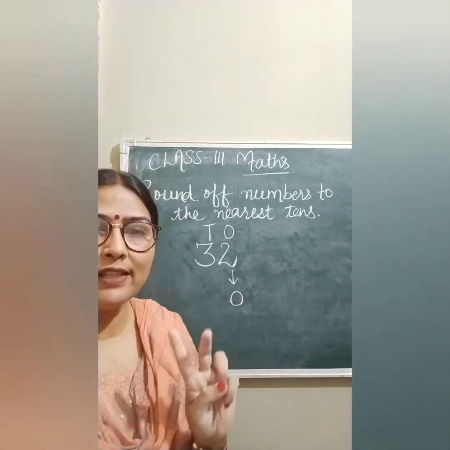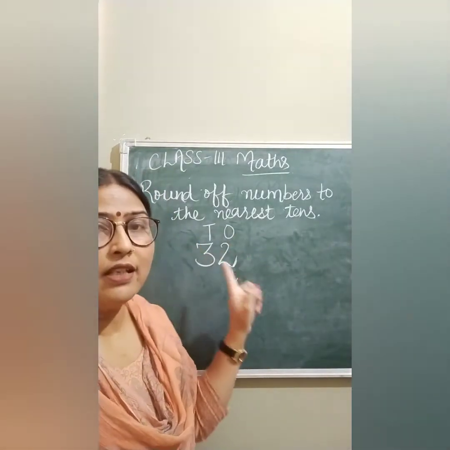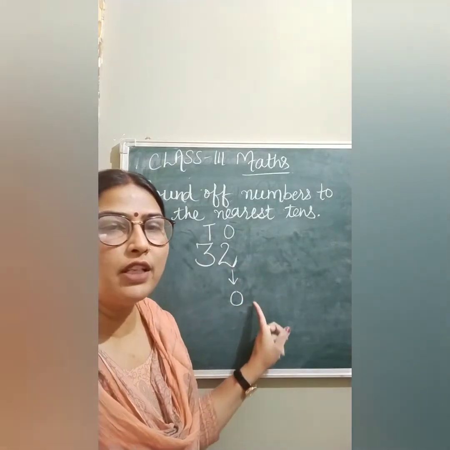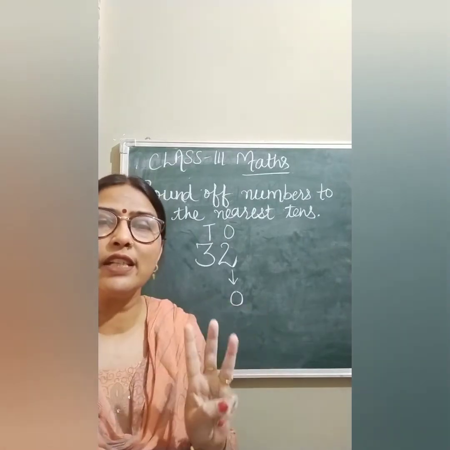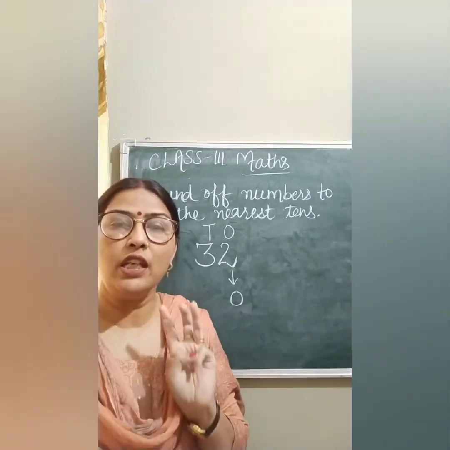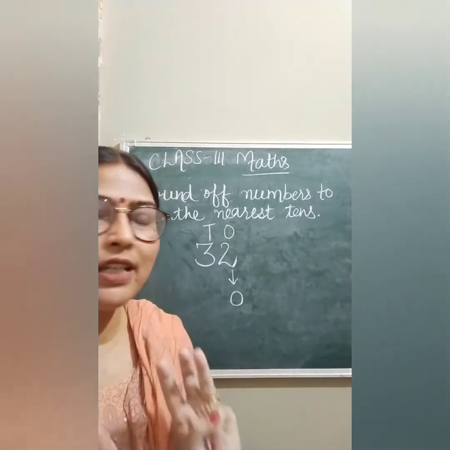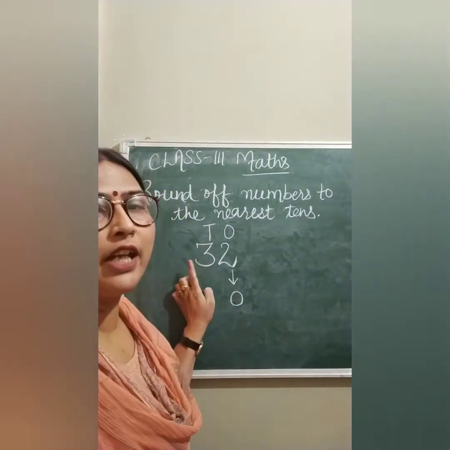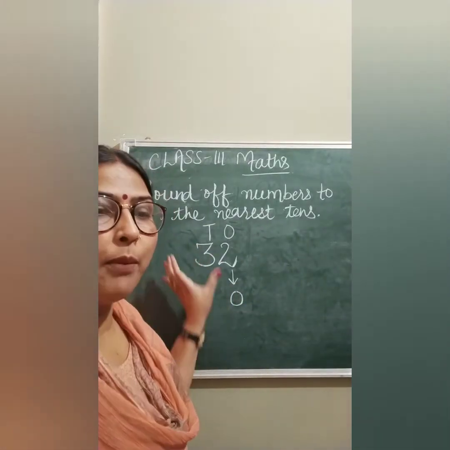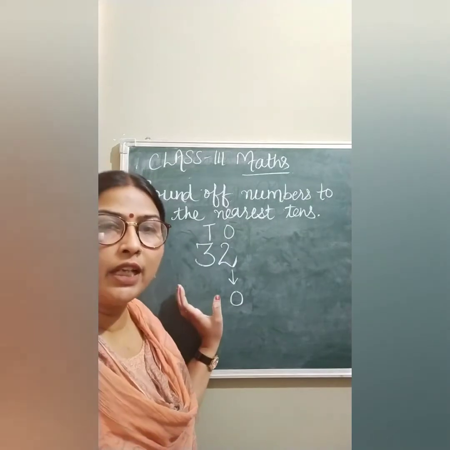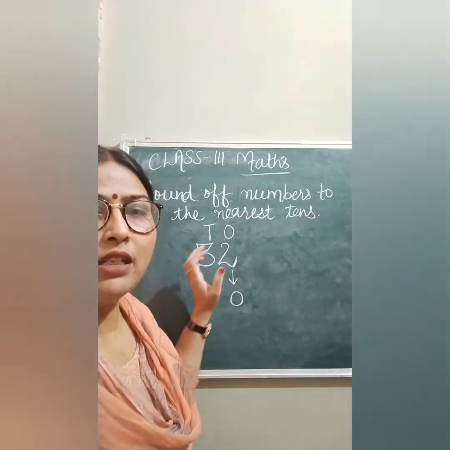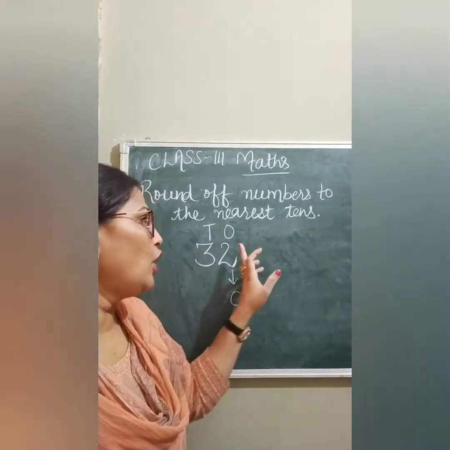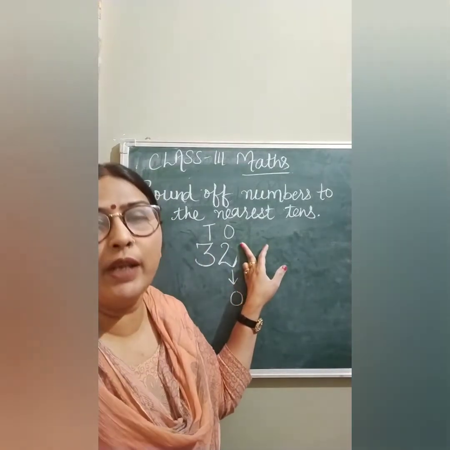Yes, first step, write the places. Second step, write ones place as 0. Then what is the third step? Third step is the most important step. Third step is we have to write the tens place digit. Now the tens place digit that we have to write, beta, we have to write it by observing the ones place. We will write the tens place digit by observing the ones place.